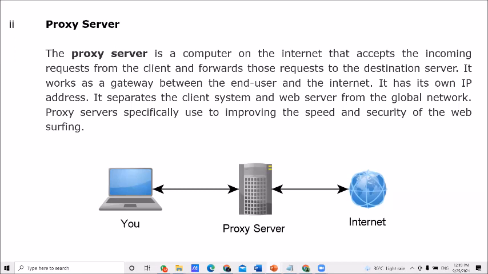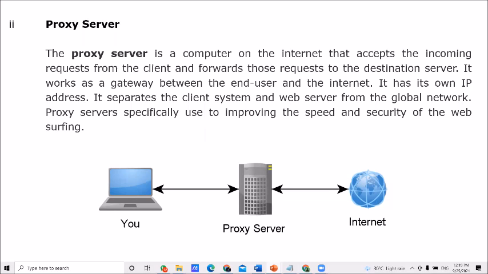Their main functions are providing better security and improving efficiency. They are providing better security because of having a separate filtering system. They are providing high efficiency with high speed because the proxy server has a small memory called cache. All the URLs are temporarily stored in the cache.